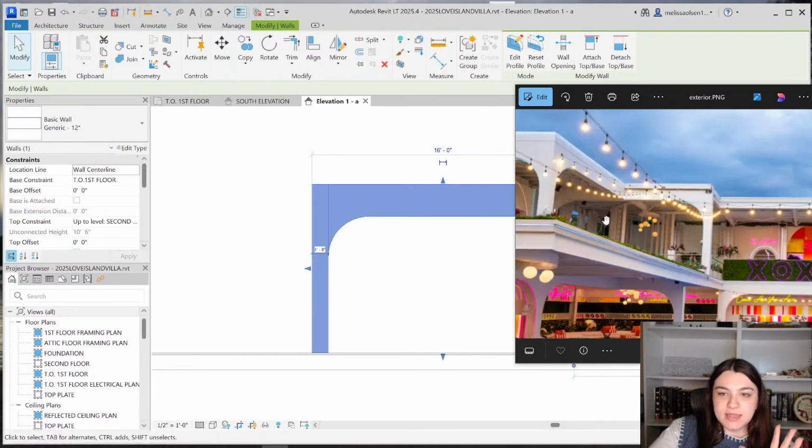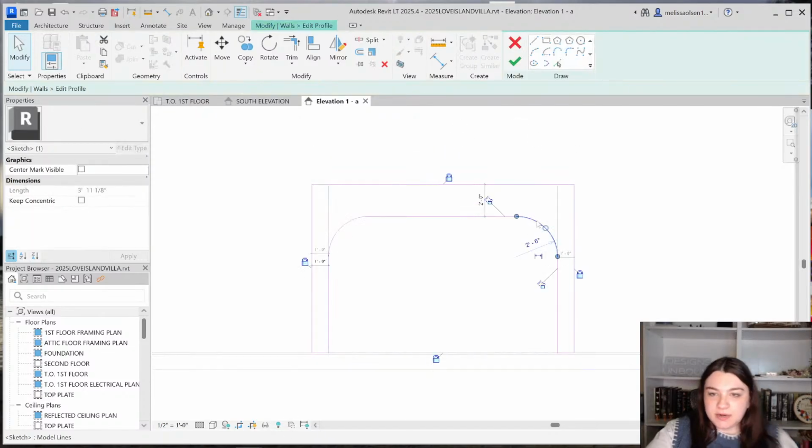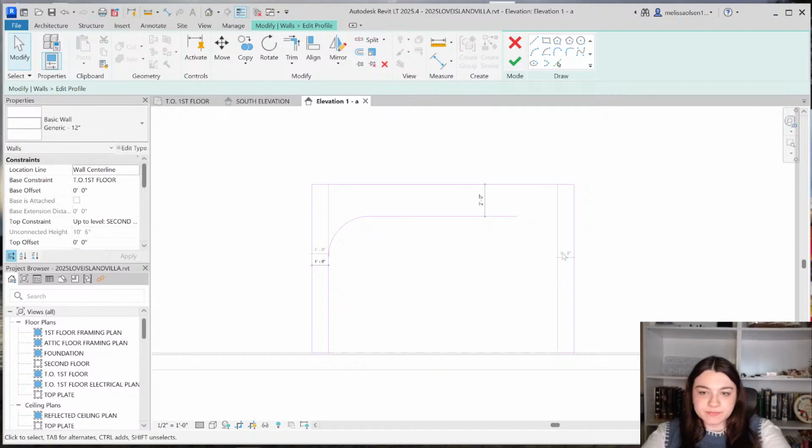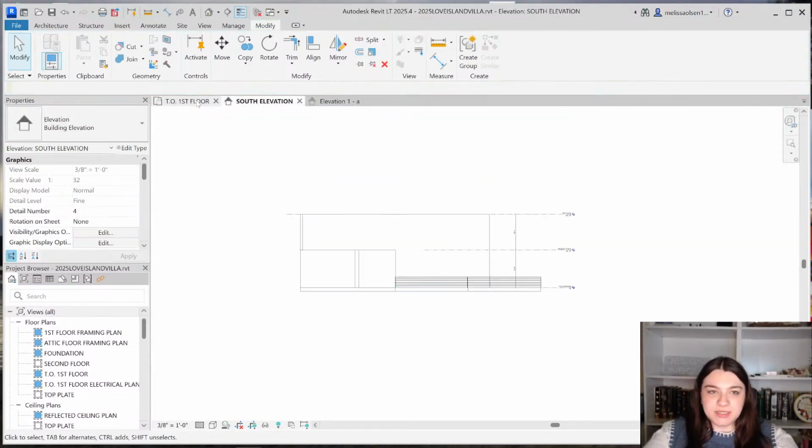And this actually doesn't exist on this side. So let me go fix that really quick. We're not mirroring it here. It just comes straight up and across in this location. And then let's take an elevation of